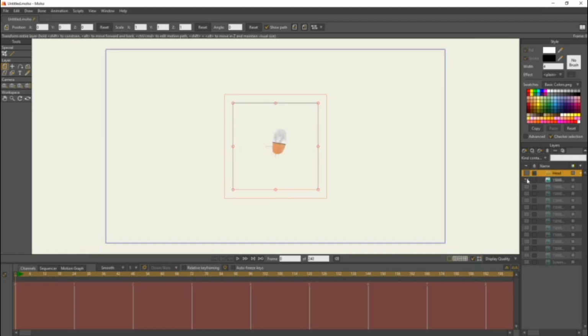The next one is, I believe this is the left arm. Yeah, that's the left arm. The left upper arm. But we're gonna call it the back arm. So, we're gonna come over here, come to the name. Actually, we're just gonna call it B arm, so it's easier to see. B arm. Then we're gonna hide that.